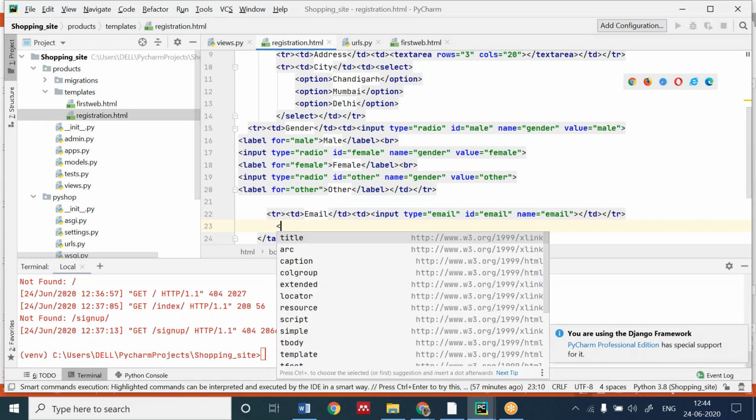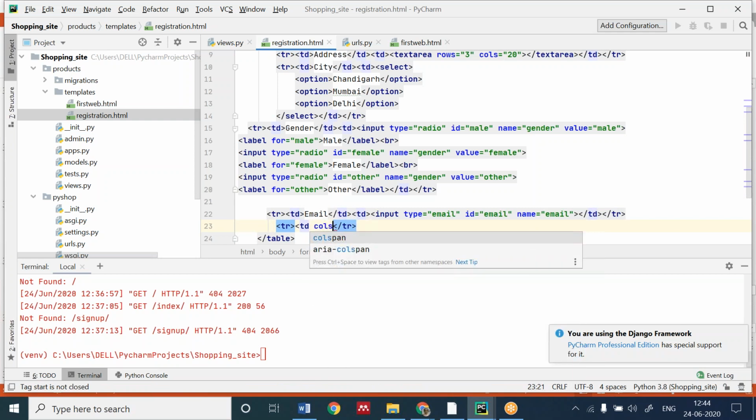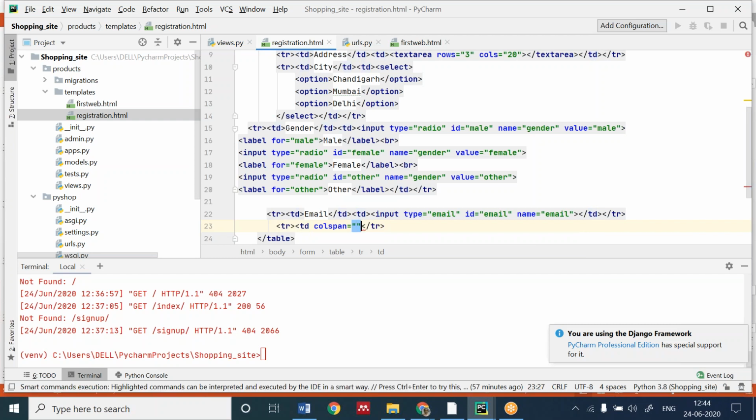And at last, you can have TD colspan. I am merging the columns using colspan. If you want to merge the rows, you will use rowspan.